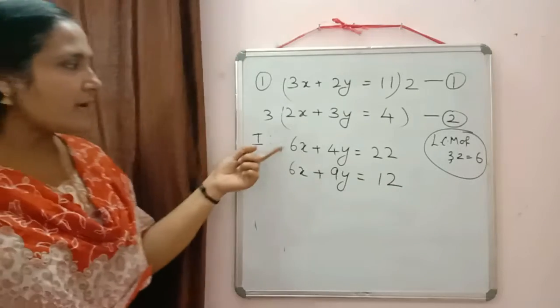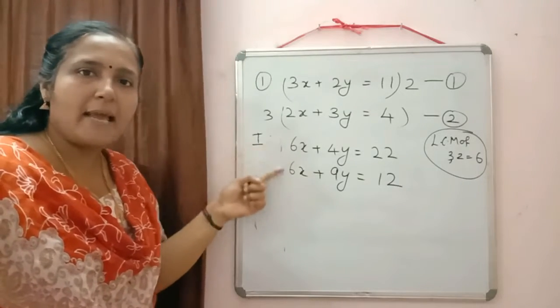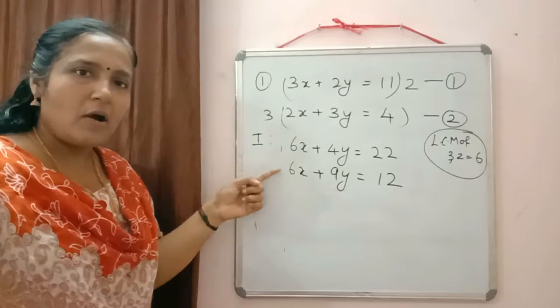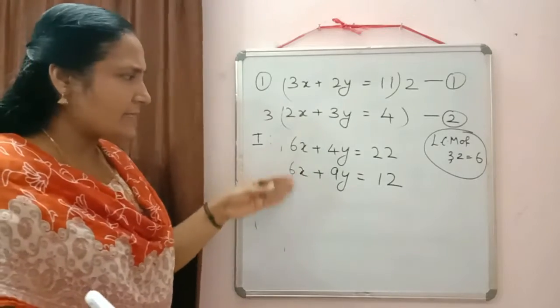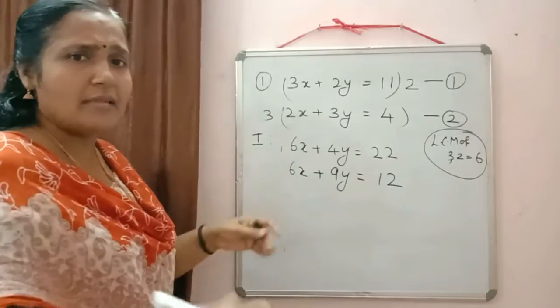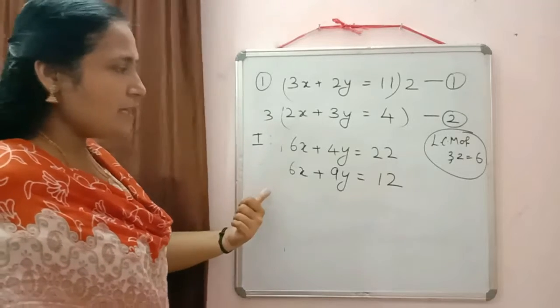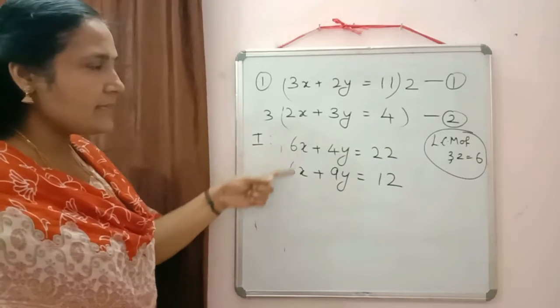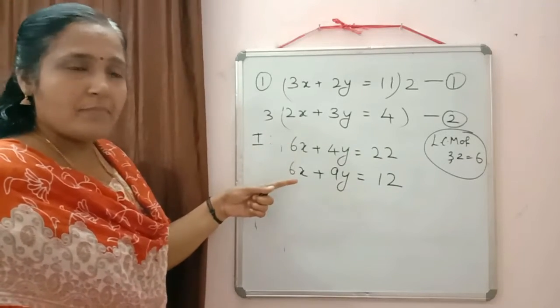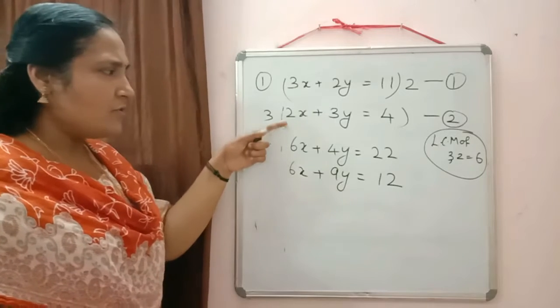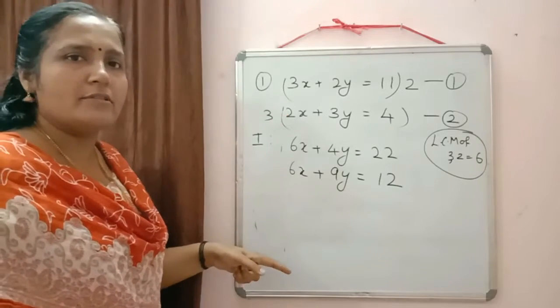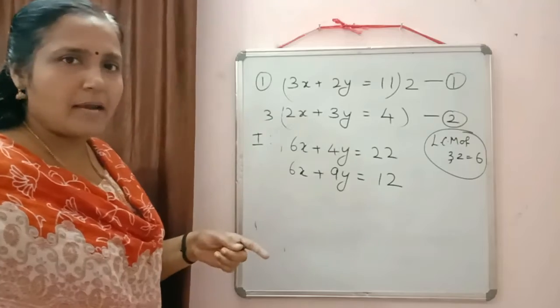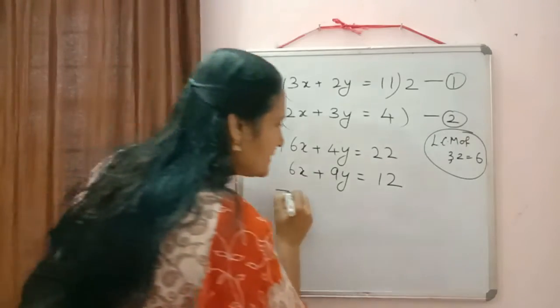Now you just check, the coefficient of x is the same in both equations. Now we have to eliminate that x. Elimination means we will do the subtraction. Why am I doing the subtraction? Because at present their signs are the same. If their signs are different, then to cancel them we can add also. It's not necessary that we have to subtract only. So now we are doing the subtraction.